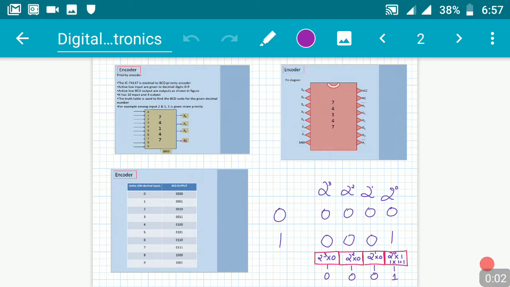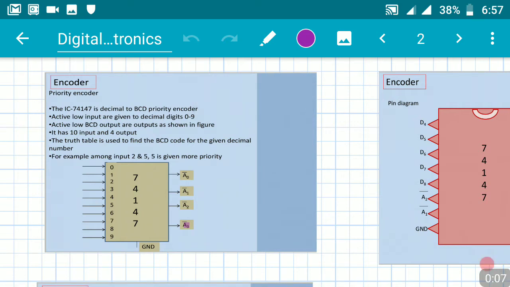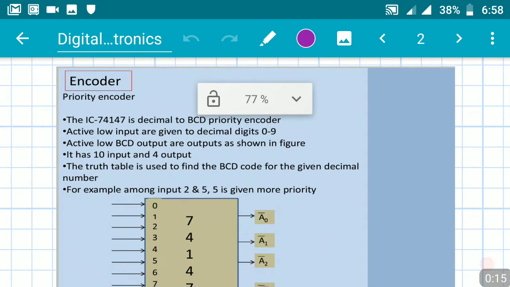In this video, we shall try to understand encoder. The encoder that we are discussing here is priority encoder. The first point that we have is what it says. The IC 74147 is a decimal to BCD priority encoder. It converts decimal numbers into BCD numbers. And it is called a priority encoder because it gives the priority